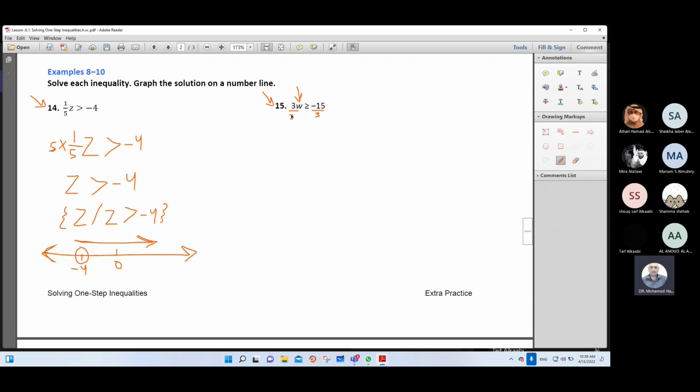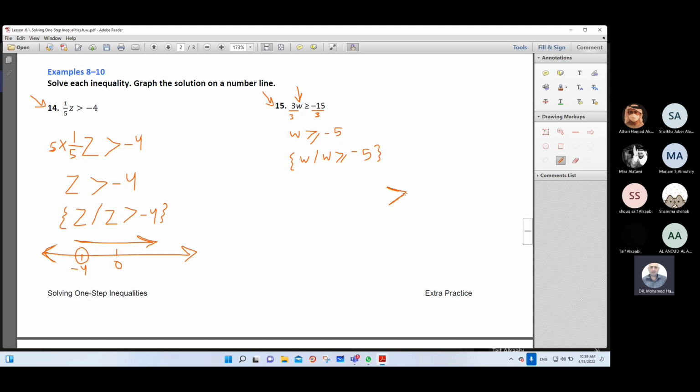So 3w divided by 3 will be w greater than or equal to -15 divided by 3, which is -5. So the set of the solution is w such that w greater than or equal to -5,